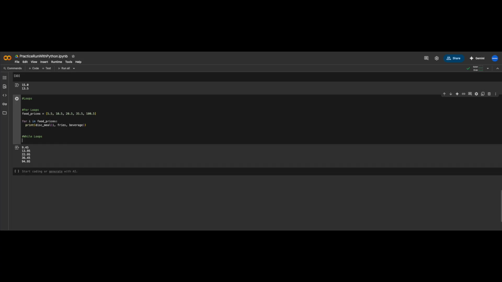And then while loops are very helpful if you are trying to run code so long as something is true. So let's say we're evaluating food prices again. Oh, I won't make new food prices. We'll keep our food prices. Let's say we only have a certain number of discounts that we allow. So discounts equal to